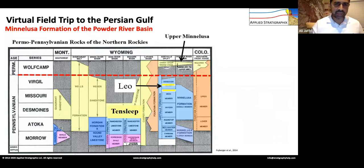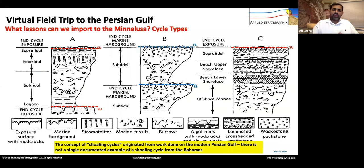All right, the last formation I'm going to talk about real quick before we wrap things up here is the Minnelusa, and we'll talk about the Minnelusa in the Powder River Basin. An equivalent of the Minnelusa is the Ingleside in Colorado, and I've done a lot of work on the Ingleside. So what lessons can we import to the Minnelusa? Well, the first lesson we can import is, if you're going to be doing any sort of enhanced oil recovery in the Minnelusa, we have to get a better handle on the sort of cycles that we can expect